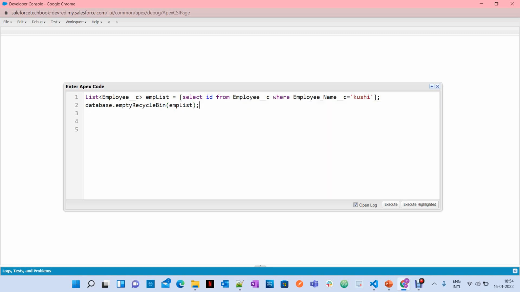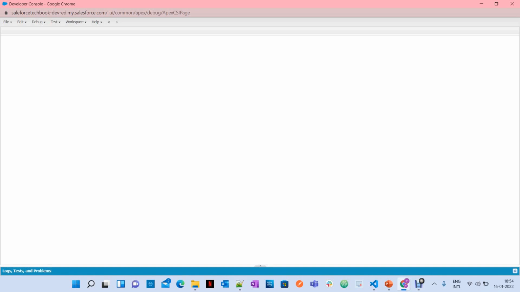Here, save. If I do it like that, as per Database.emptyRecycleBin, what is going to happen? What has to happen here? It has to delete the Kushi record, and it should permanently delete the Kushi record from the recycle bin also. Let's see what is going to happen if I execute this.